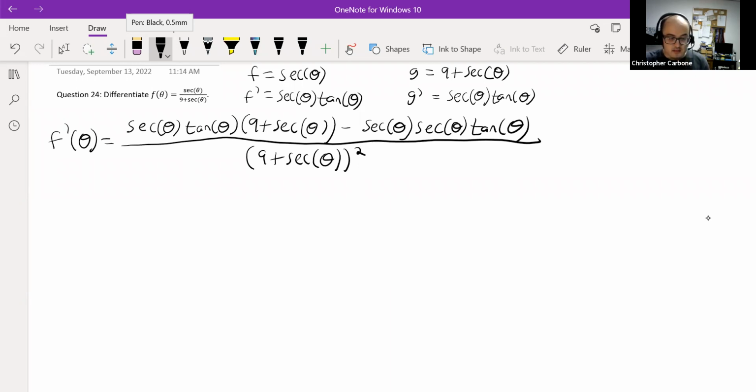So this, to simplify it, makes 9 times the secant of theta times the tangent of theta plus the secant squared of theta times the tangent of theta minus the secant squared of theta times the tangent of theta,